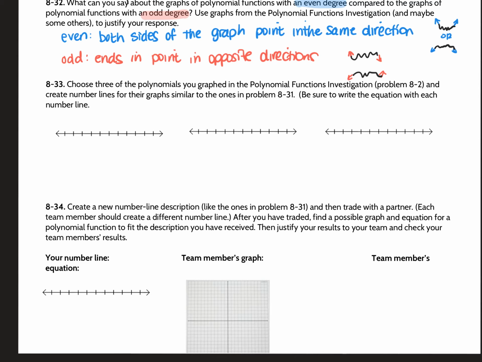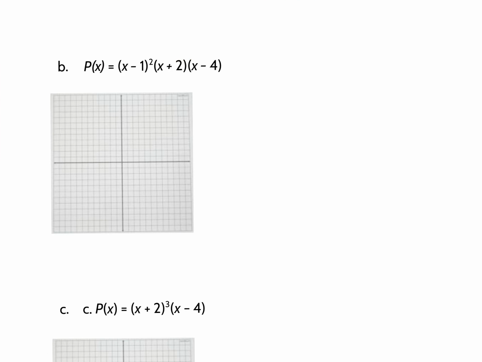I'm not going to give you an opportunity to check that because everybody could pick something different, so just use what we did above to kind of guide your work. Okay, the last thing we're going to do today is look at how we could sketch the graph without actually